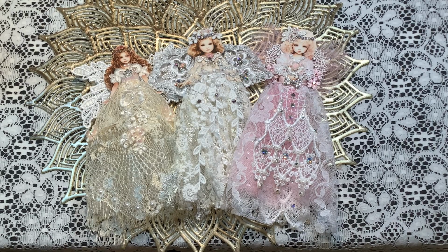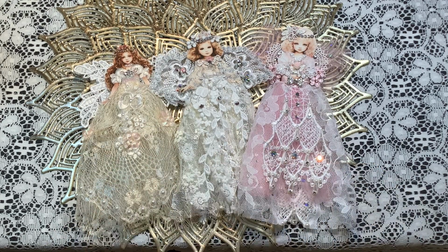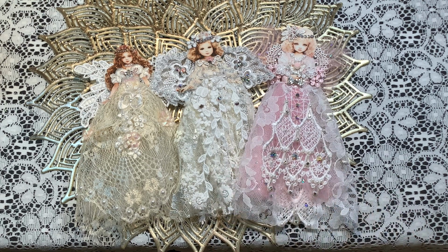And go and have some fun and make yourself a pretty little angel. It doesn't just have to be out at Christmas. Angels are all year round and often are in memory of someone. I hope that you'll have fun making an angel of your own,